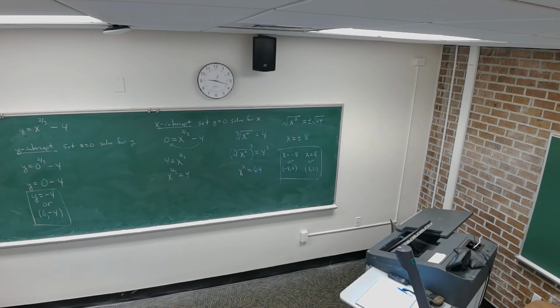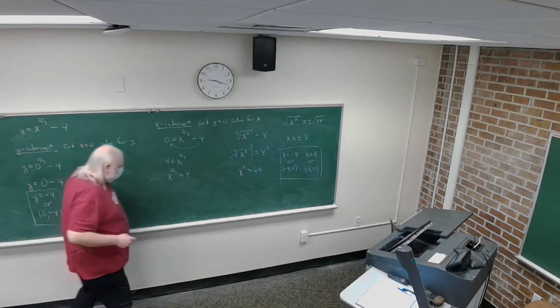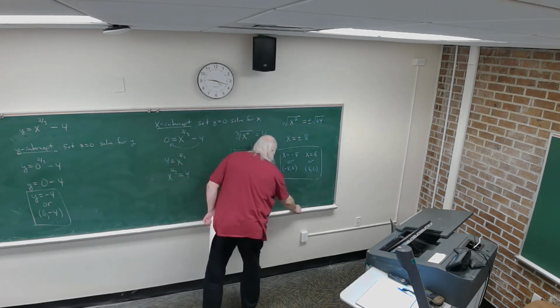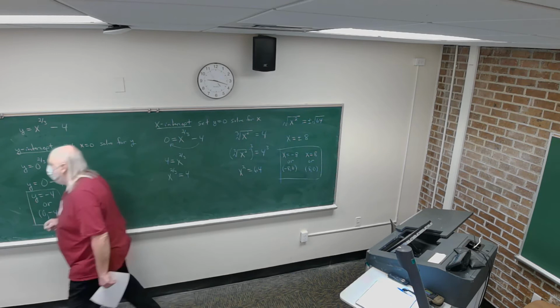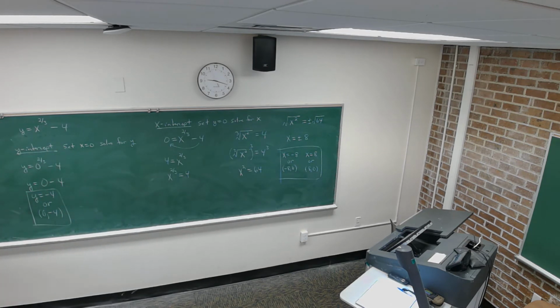Right, the vertex is at the origin. So when we subtract 4 from the right-hand side, what does it do to the graph? Goes down 4 units, right? And so when it goes down 4 units, so here's y equals minus 4. When it goes down 4 units,